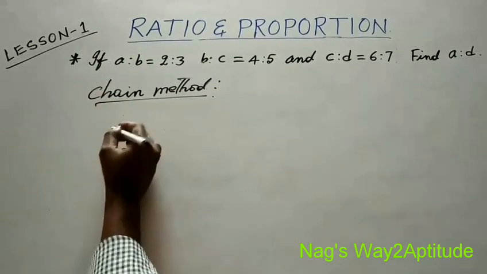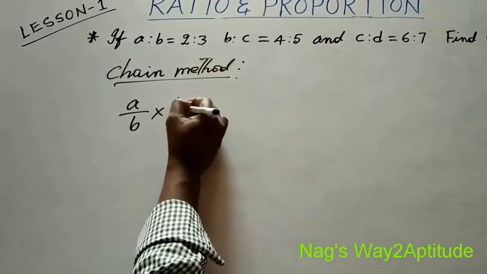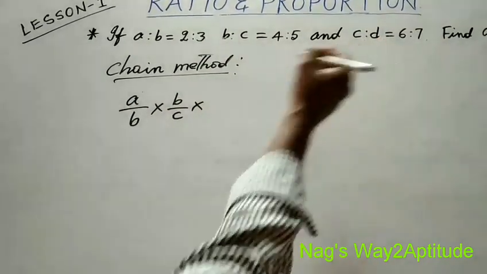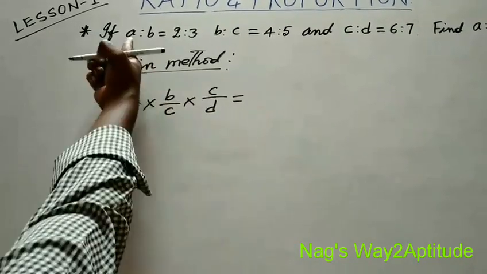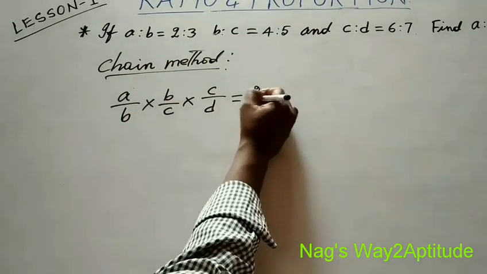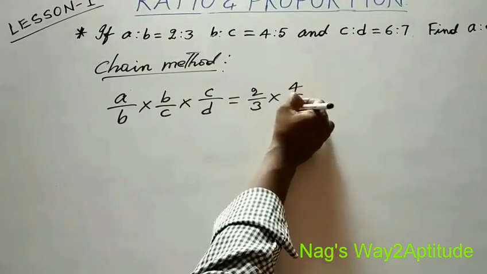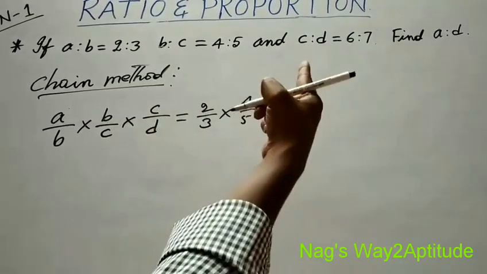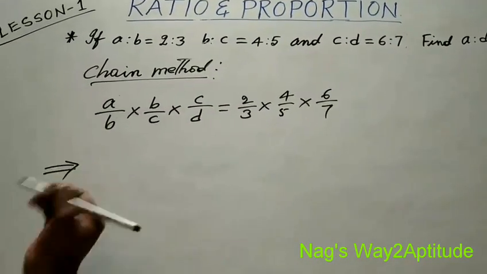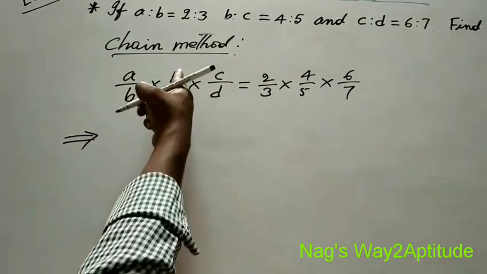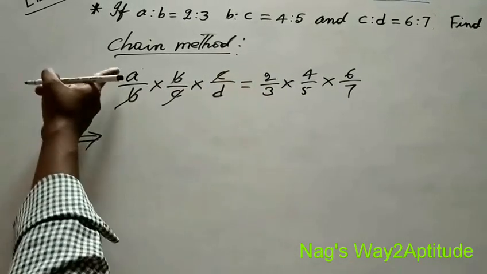So in the chain method, this A is to B can be written as A by B into B is to C will be B by C into, and C is to D will be C by D is equal to, what is the value of A by B? A by B will be 2 by 3 into B by C will be 4 by 5 into, and C by D will be 6 by 7. After writing like this, you can cancel B and B, and C and C, and finally you will get